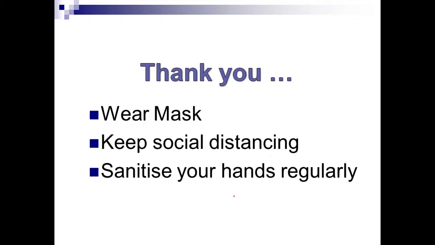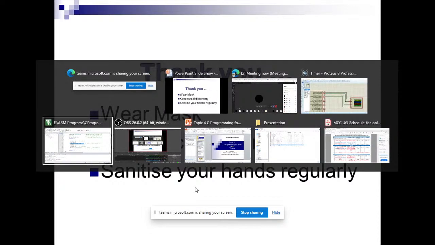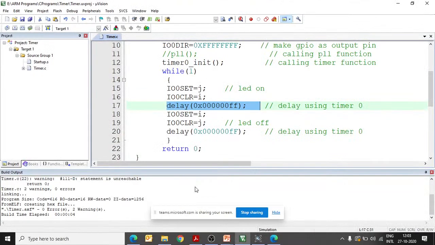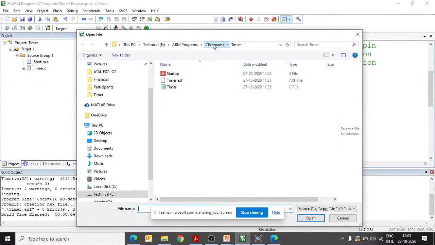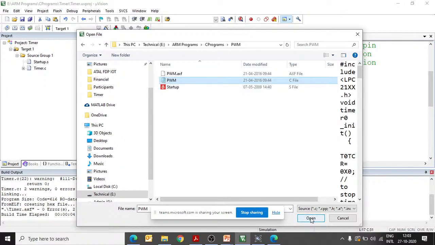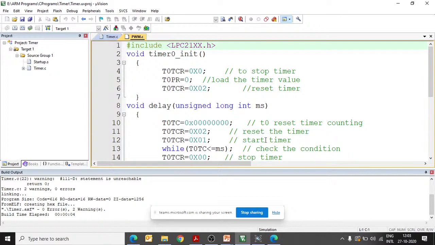And if you permit, I will show you that Keil program for PWM. Otherwise, it is the same as what was there in the slide. But you have some other lectures now, so I will just show you, and then we will stop here. I will show you this PWM program. Is it visible to all?